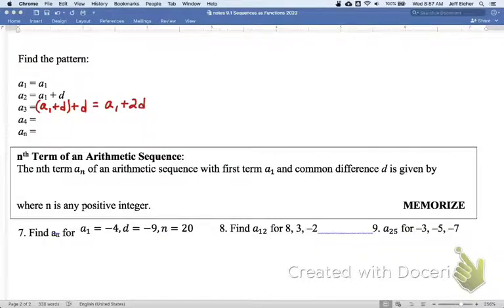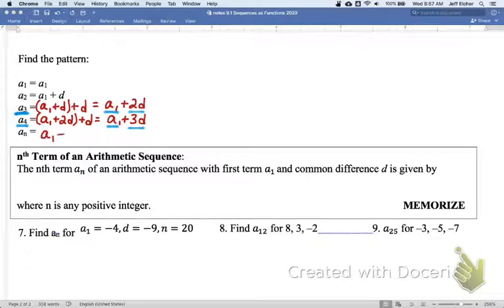To find our fourth term, we would take the term before it, which we just found was a sub 1 plus 2d's, and we'd add d to that. So that would be a sub 1 plus 3d's. So let's pause and see what we have here. To get the third term, we do a sub 1 plus 2d's. To get the fourth term, we do a sub 1 plus 3d's. So if we wanted the nth term, we would do, well,